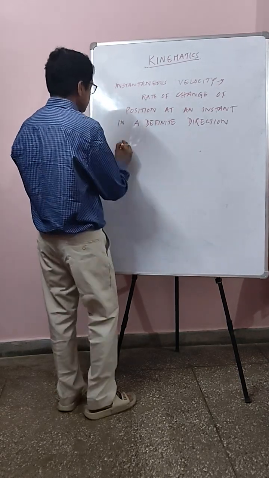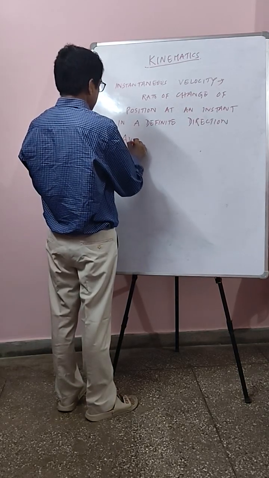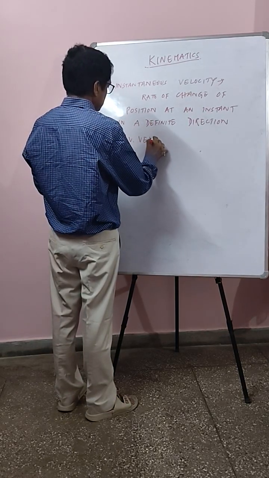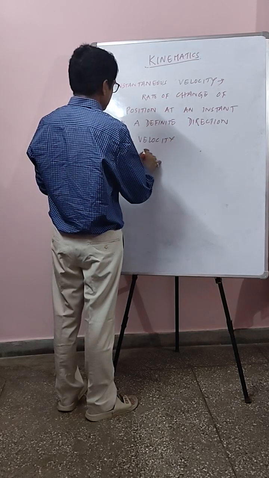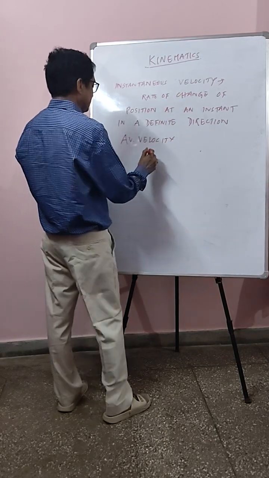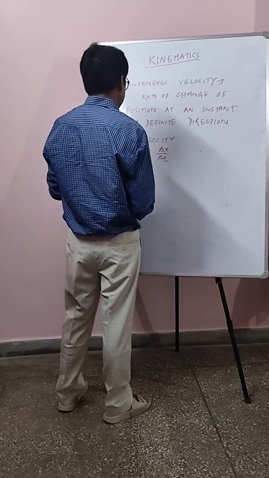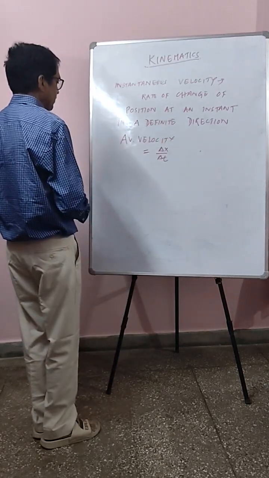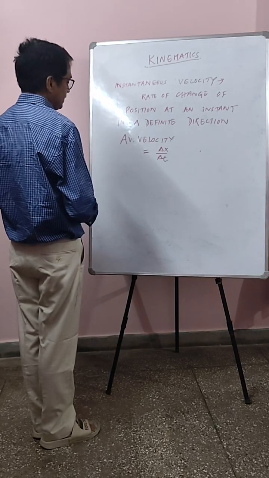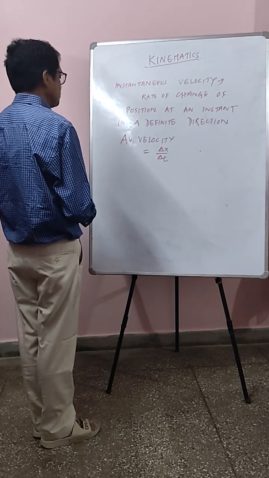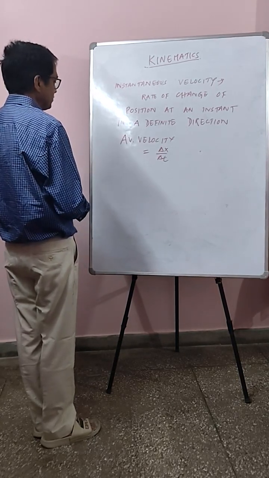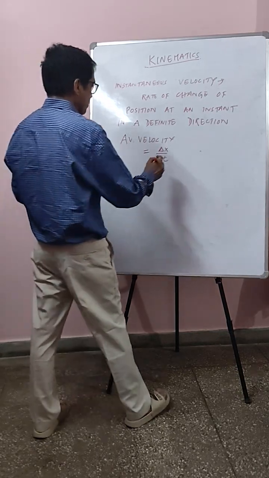First we define average velocity. Average velocity equals delta x upon delta t. This is the definition of average velocity. It is delta x upon delta t. Now, when delta t becomes infinitesimally small,